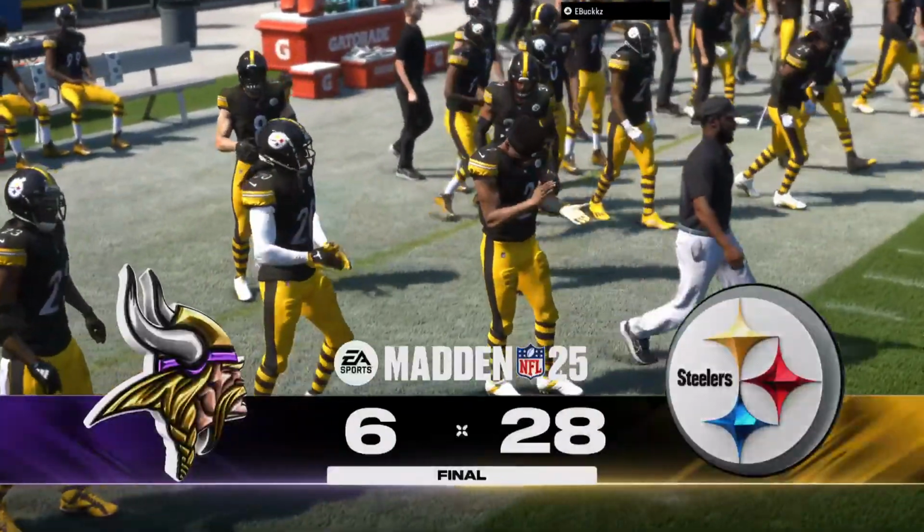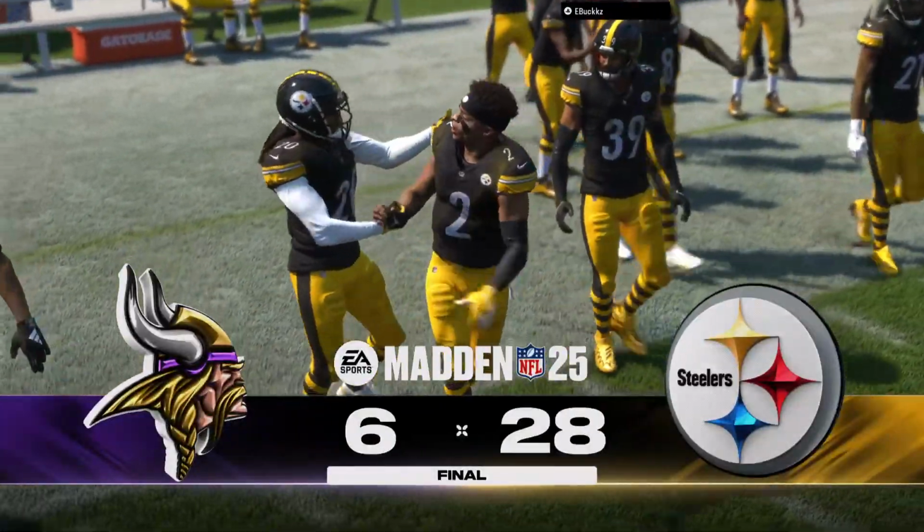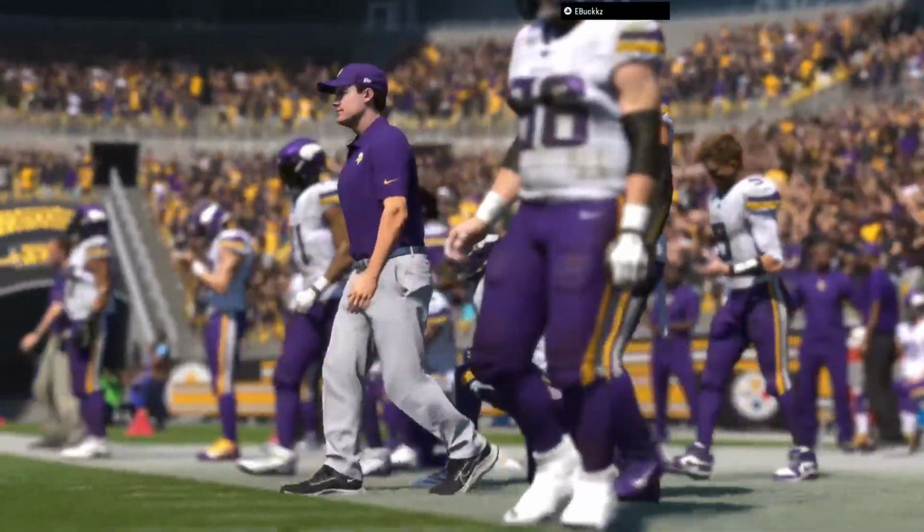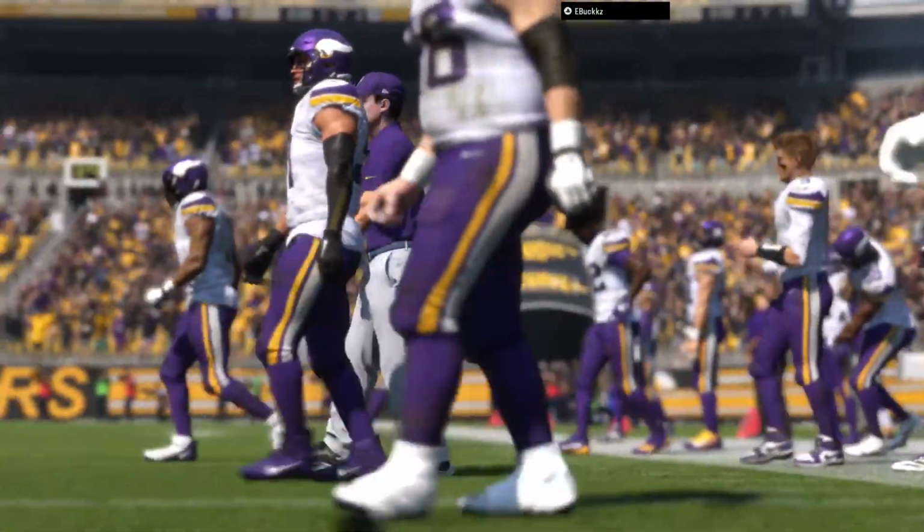So this one in the win column for the Pittsburgh Steelers. And it was their defense that really made the statement after the break. They pitched the second half shutout. Yeah, think about the team that just got vanquished. They did score in